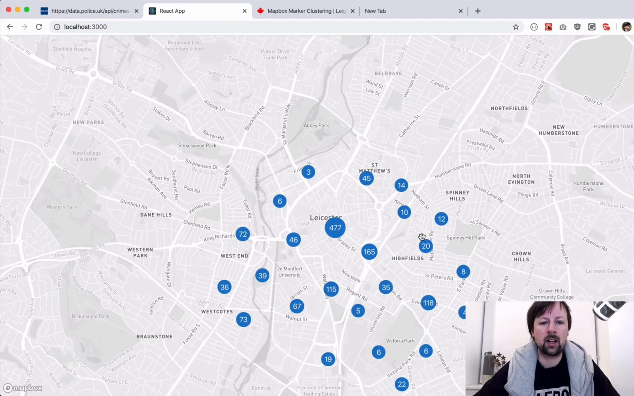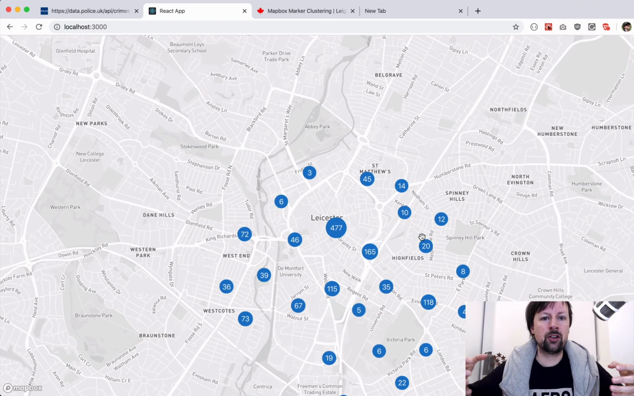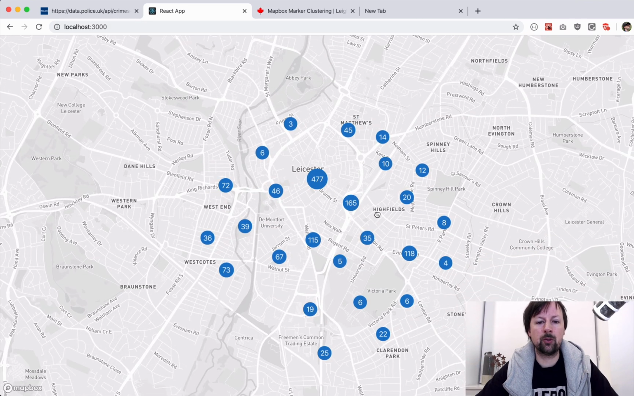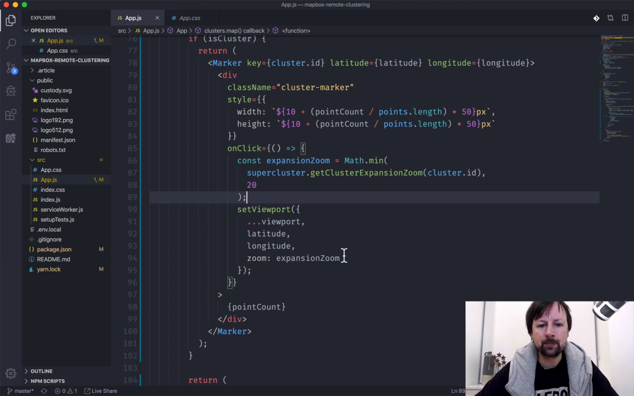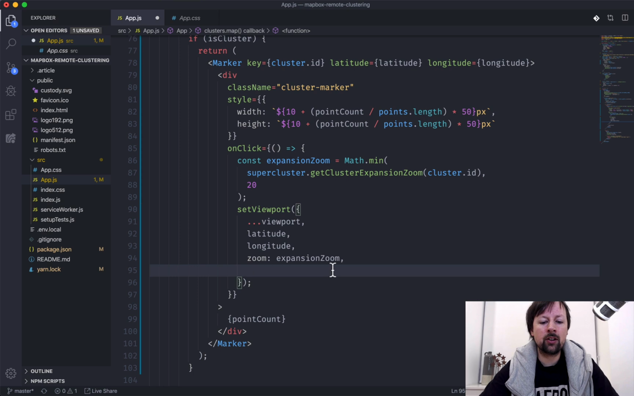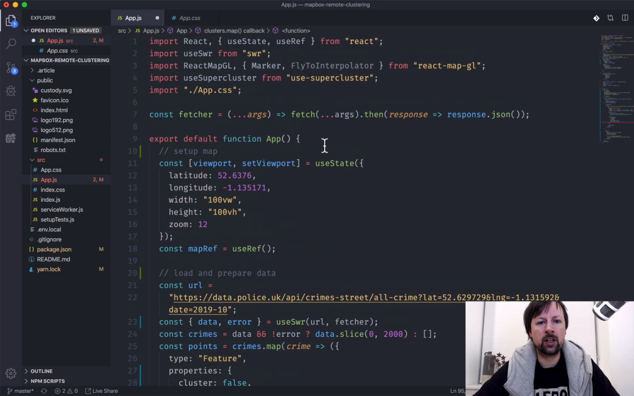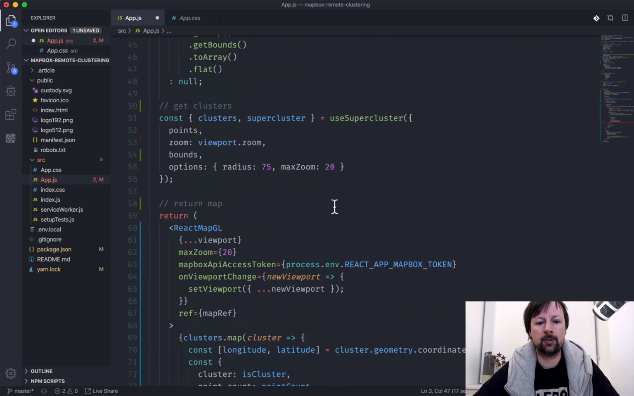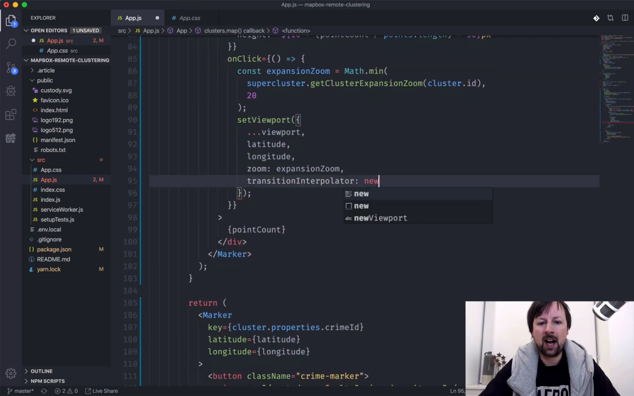Like that. It'd be cool if we could have it sort of transition in, zoom in smoothly with an animation. And we can actually do that pretty easily with Mapbox. There's something called transition interpolator. So what we pass to this is something that I imported up here at the top. It's the only one I haven't used yet, Fly To Interpolator. So by passing a new